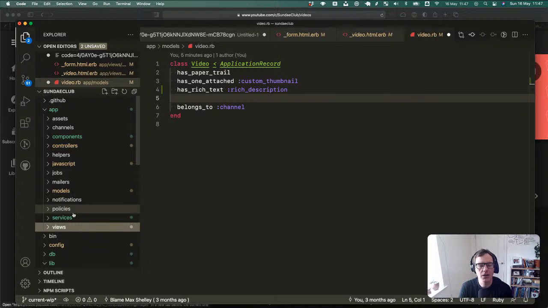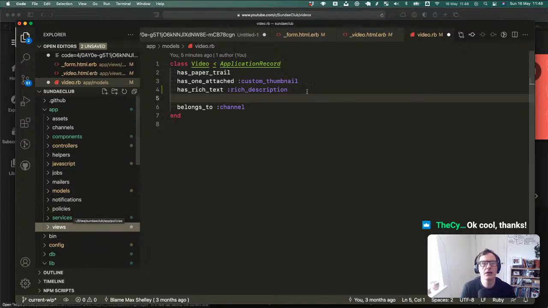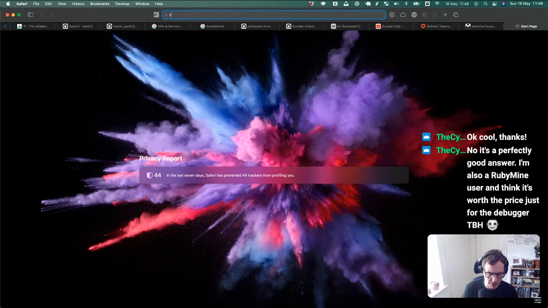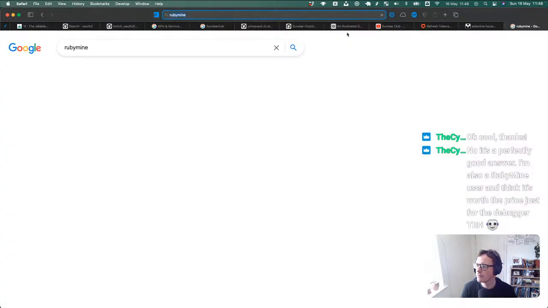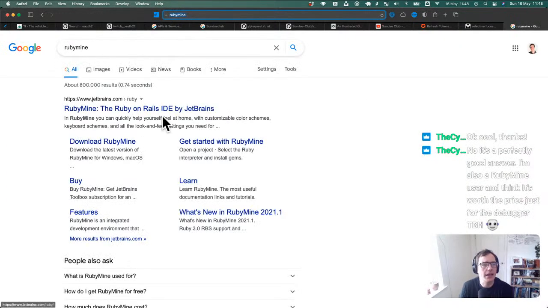I know that a bunch of colleagues at work use RubyMine and are really into that. I have tried it a few times and I find it way slower. But I think it has some really helpful stuff in there, like for refactoring and renaming, things like that. There's a bunch of tools, and people who love it really love it. So that might be worth a look. If anyone hasn't heard of it, it's a Rails Ruby based IDE, which once in a while I try. You're a Ruby user? Oh, okay, yeah, amazing.